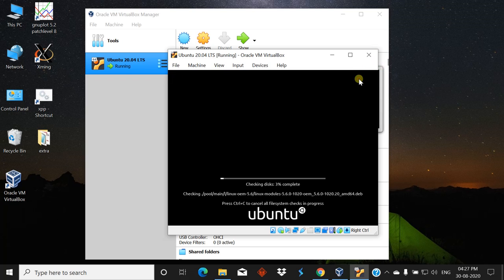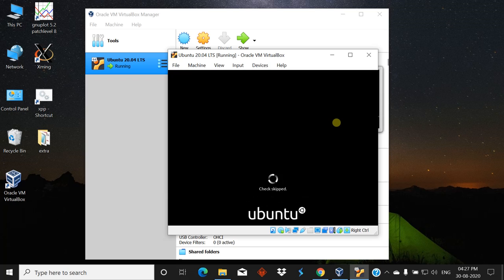Disk check can be cancelled by pressing Ctrl C at this time. As it is an SSD, disk checking progresses very fast.